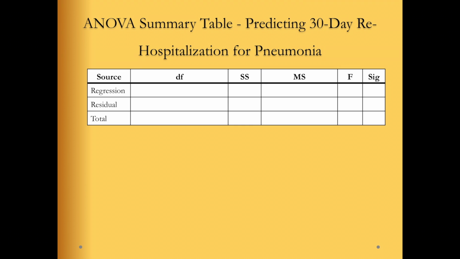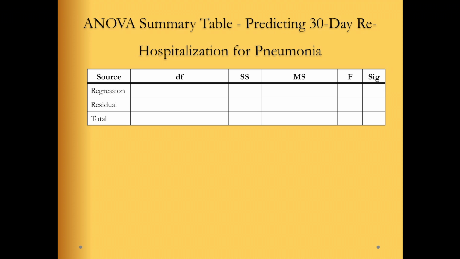The first column of the summary table indicates the source of variance used in the calculation of the F statistic. In analysis of variance and regression statistics, we will partition total variance into two basic components: the variance due to the treatment or regression, and variance due to error or residual variance. This is directly related to our partitioning of total variance into the portion of variance predicted by the model, which is the coefficient of multiple determination, and the proportion of variance not predicted by the model, which is the coefficient